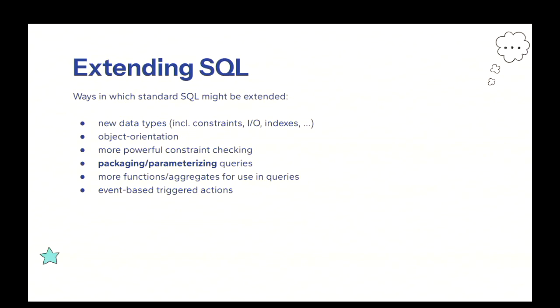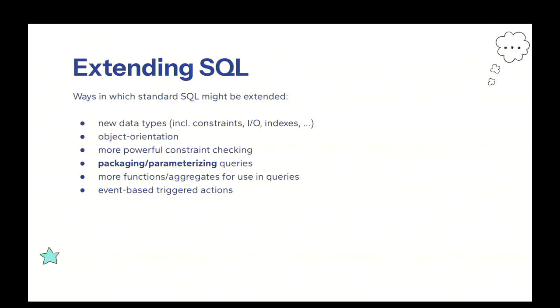There are many directions for making these extensions. First, we can include new data types. For example, Postgres has extended the standard SQL by including some more data types like JSON objects. We can extend SQL by introducing some object-oriented features or concepts, and by introducing some more powerful constraint checking.